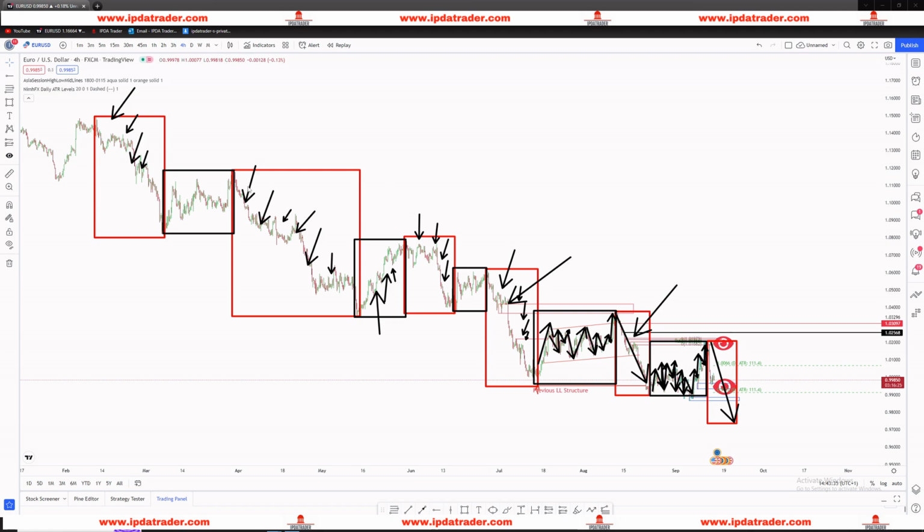But expansions are easier to trade, right? You can see them. They're more often than not just straight drops with minor pullbacks, not like retracements, which are once again a little more complicated, with candles going up and down, not really making that much sense. So these are the things that I really wanted to highlight today. And we can go to a different pair. The very same things will apply. You just have to understand what phase you're in, what you are expecting, and managing your expectations along the way. Obviously, it's very important that you do that.